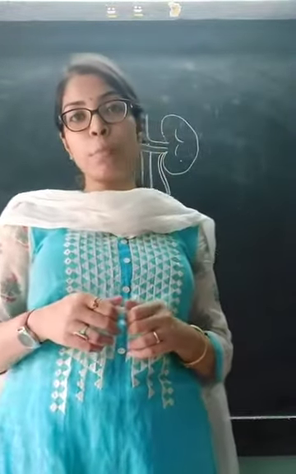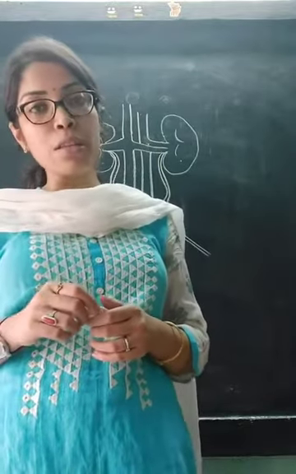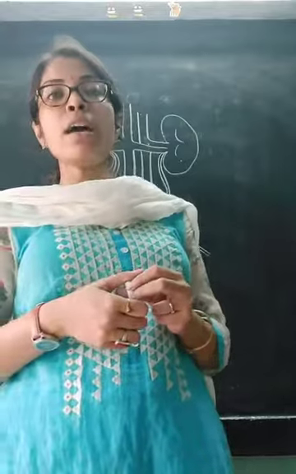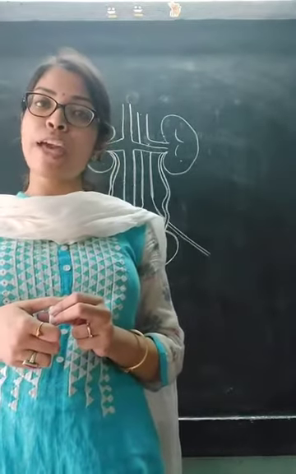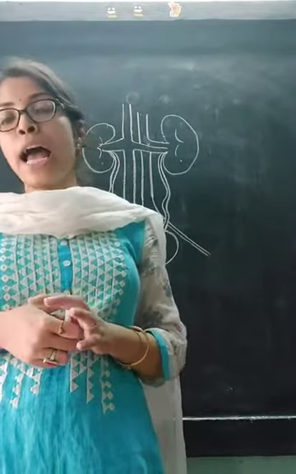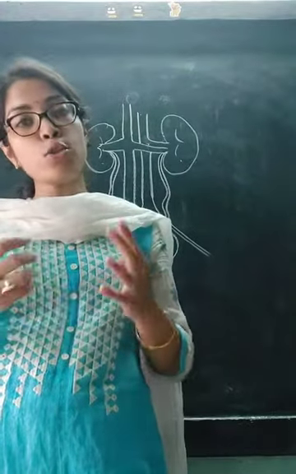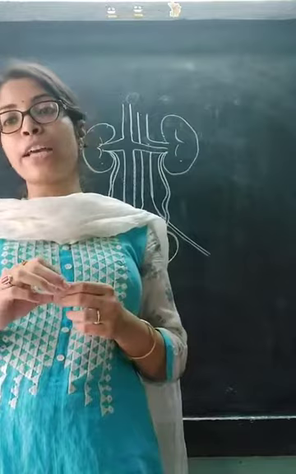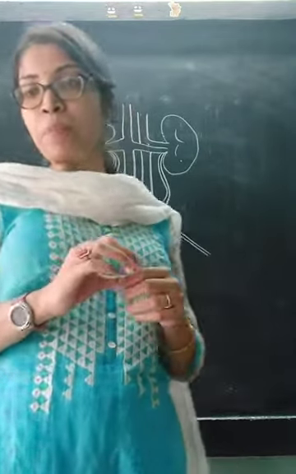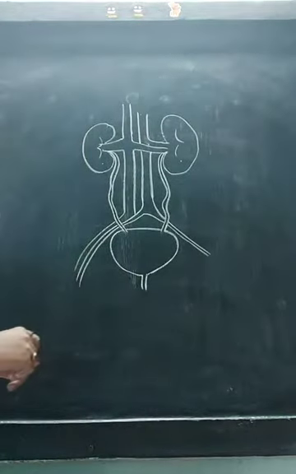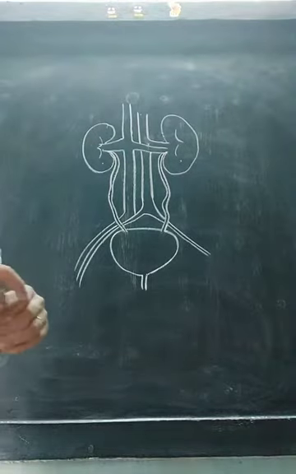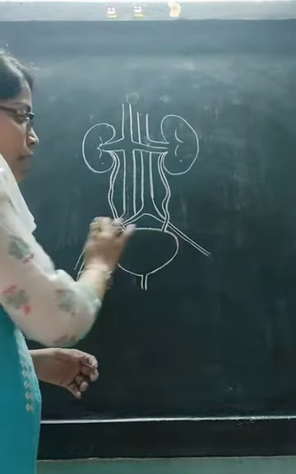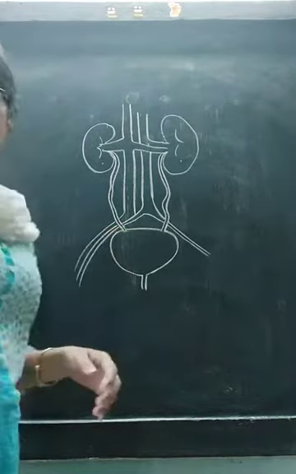This is the continuation part of the chapter excretory system in humans. In my previous video, I have discussed the concept of excretion and the different types of excretory products in humans. And I have also told you the different main components of the excretory system in humans. Now, here you can see that I have drawn the excretory system or the urinary system in human beings. And this is the topic that I am going to discuss with you all today.